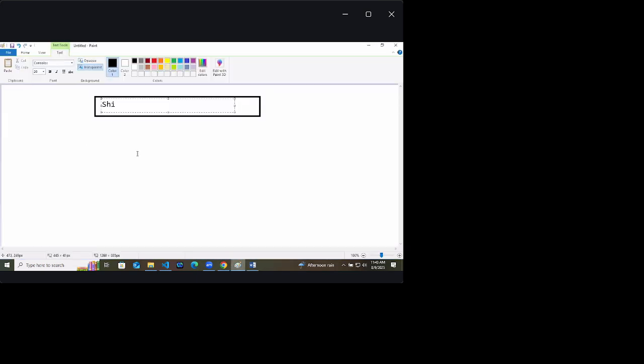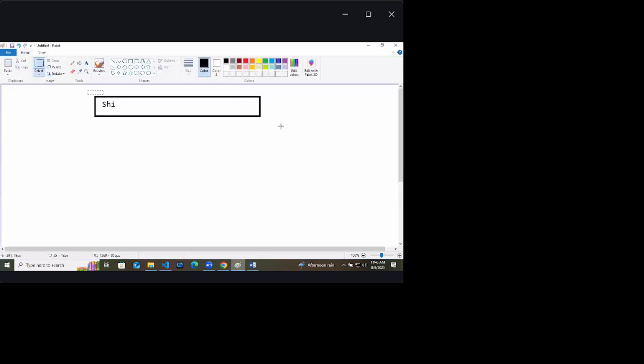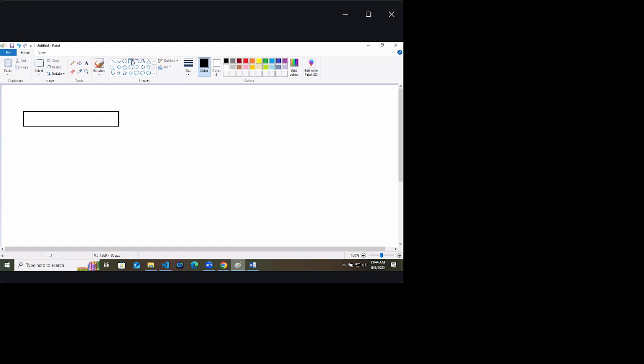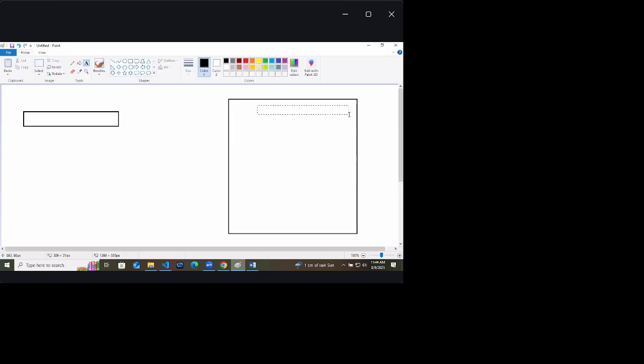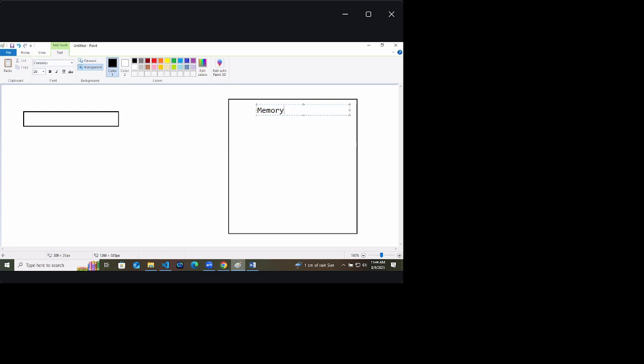I will give a simple example here. Let's say this is your input box, and this is the memory of the browser or JavaScript or anything. So consider this as a memory.